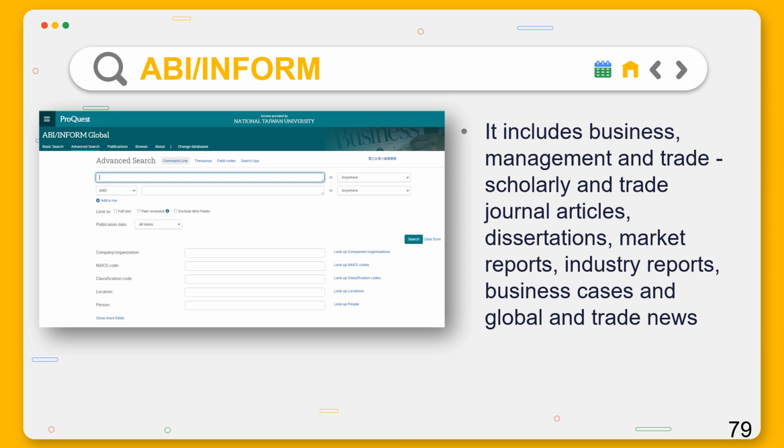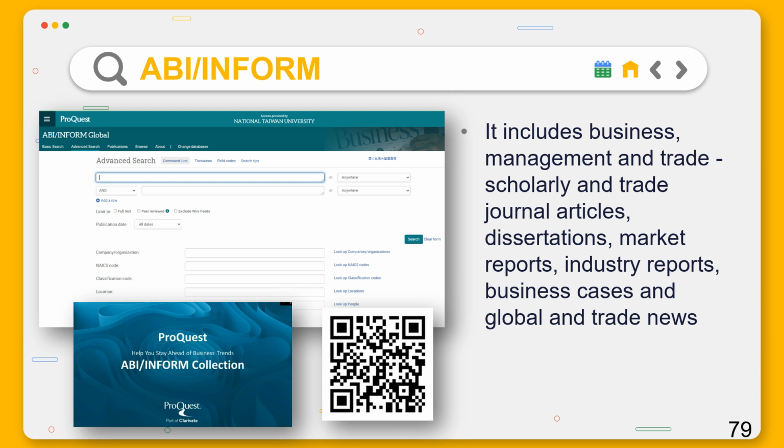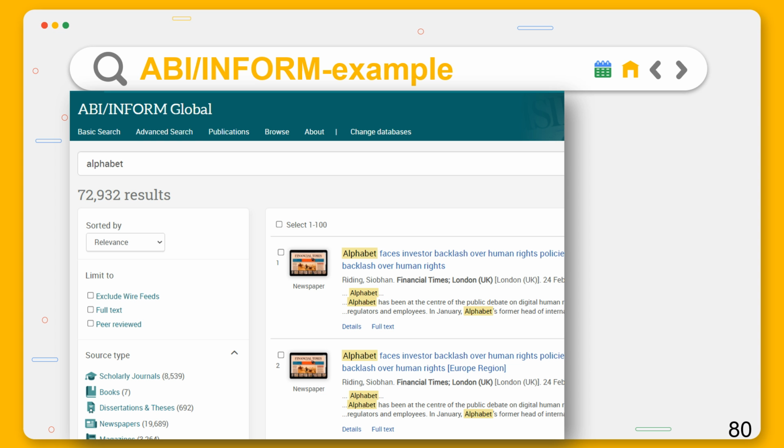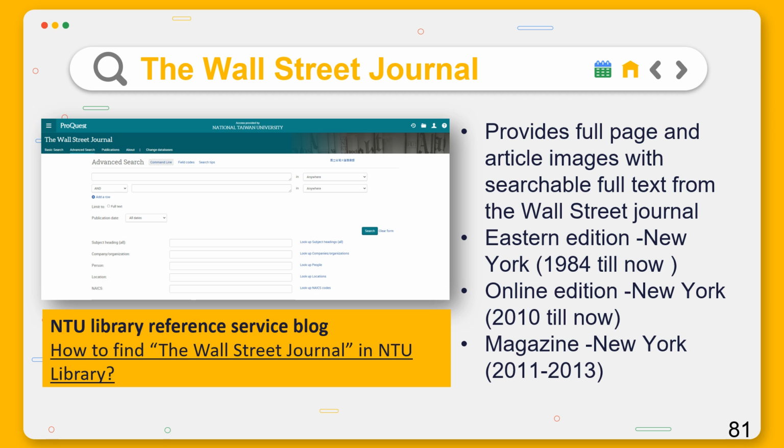ABI/INFORM also provides news material. The search results from ABI/INFORM only contain the text of news articles, as the picture shows. If you want to search the Wall Street Journal, one of the most prestigious financial and most widely read newspapers in the U.S., the NTU Library has subscribed to the electronic version of the Wall Street Journal collected in databases like ProQuest. You can read our post on our blog, Searching Skill,